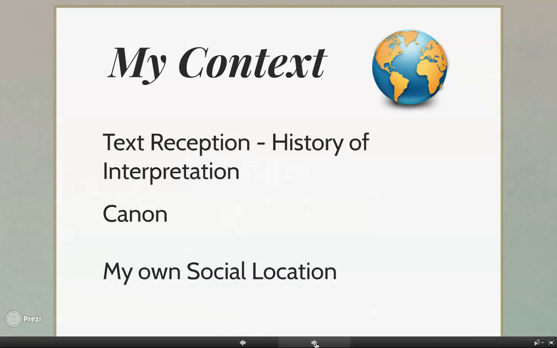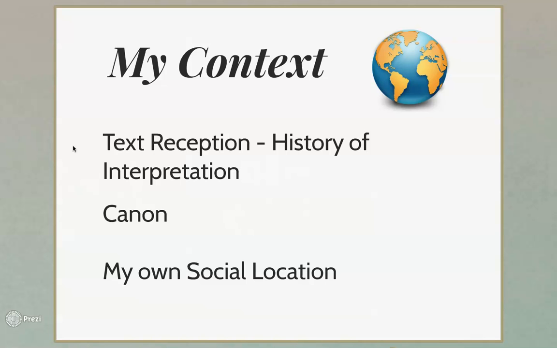And then finally, one thing that we need to be very aware of is the idea of our own context, my context, or what we might call what's in front of the text. If the historical background and the occasion are behind the text, and then you have the text itself, now we're talking about readers encountering the text. We talk about the reception of the text. How has this passage been received in the history of interpretation? Does the passage have a reputation? Is it used to establish certain doctrines? Or is it used in our own culture to prohibit certain behaviors or encourage certain behaviors? Does it have a reputation?